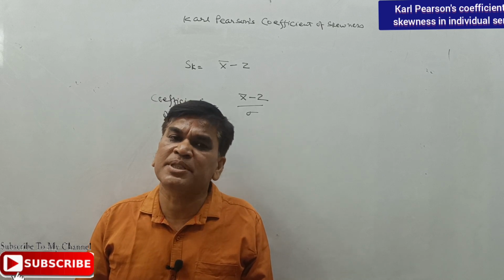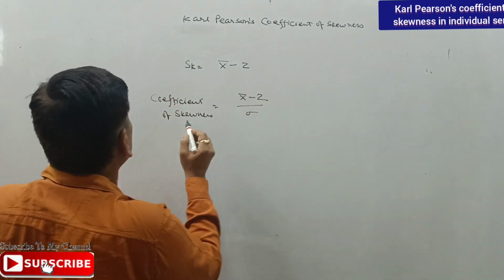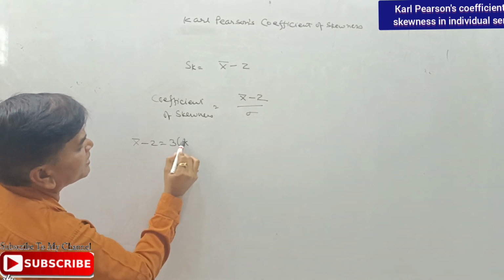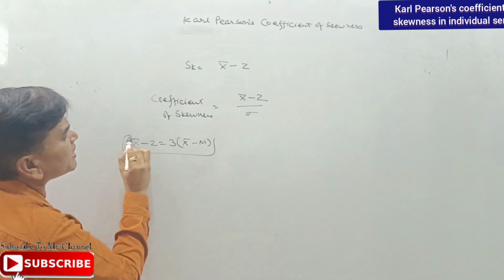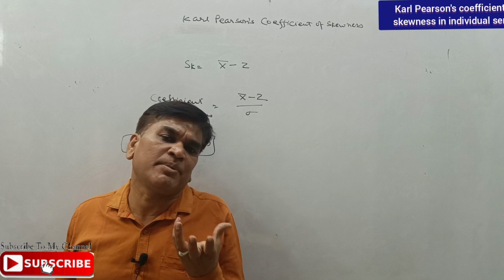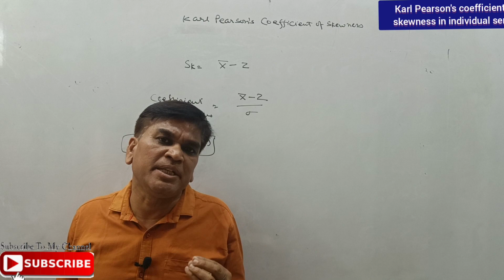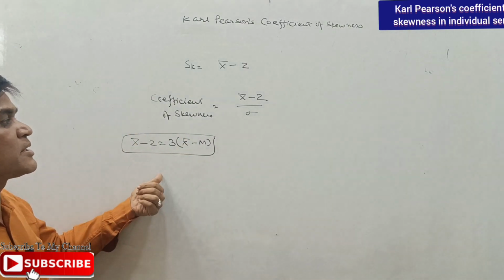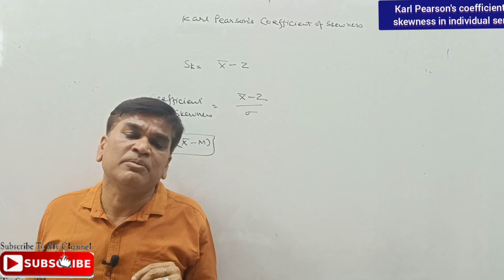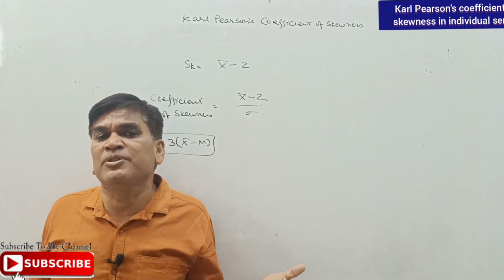In that case we will use the alternative formula for skewness. As we know the relationship, x bar minus z is equal to 3 times x bar minus m. We went through this relationship when we studied the measures of central tendency, where we discussed the relationship between mean, median and mode. So if we have a problem in calculating the modal value, or we have an individual series, in which the modal value is absent,